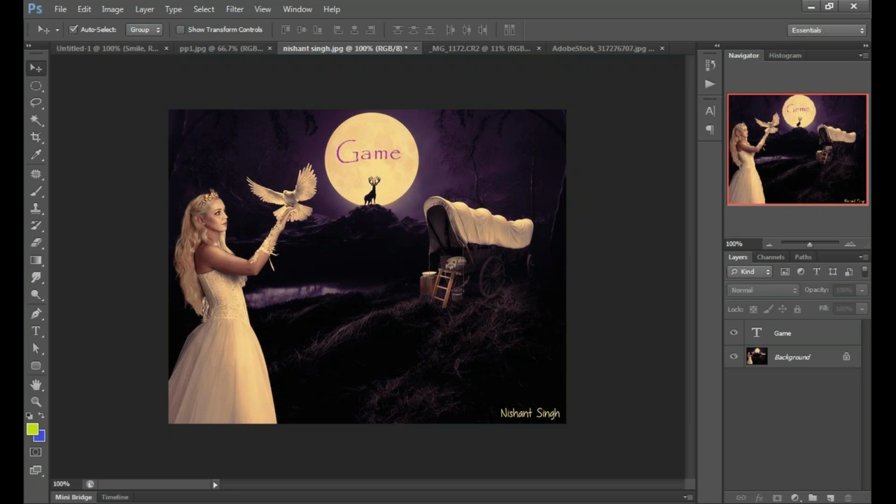We have a different layer for that, and we can move it by selecting our move tool.